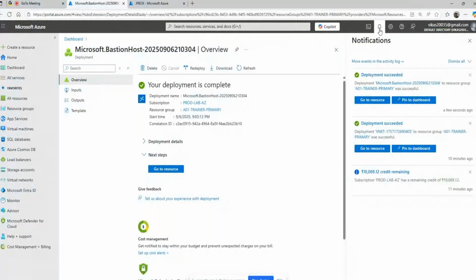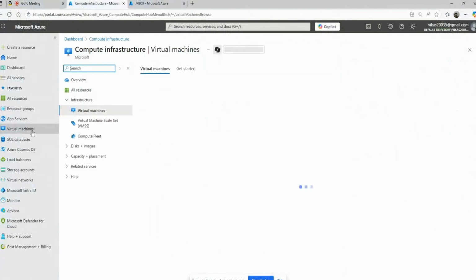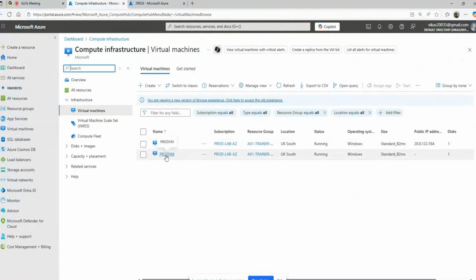My Bastion host is also completed. So I go to my VM. This is the prod VM which has no public IP. I click on the VM,